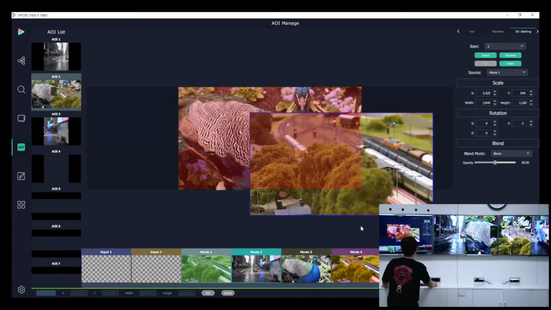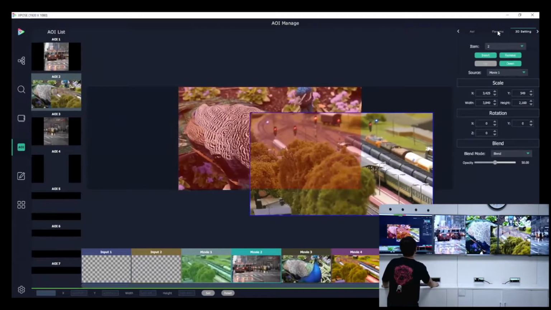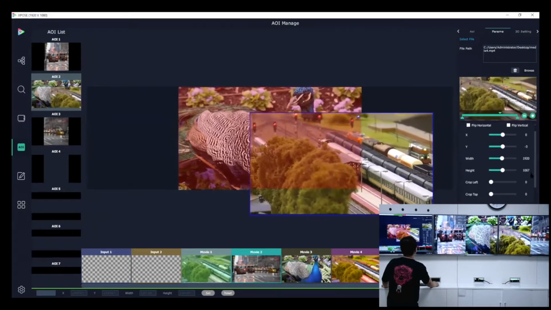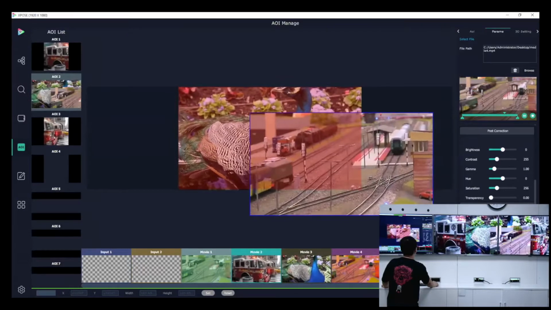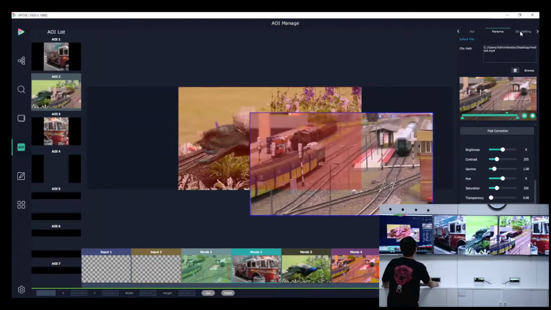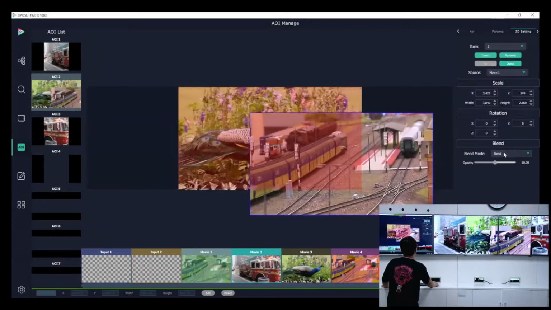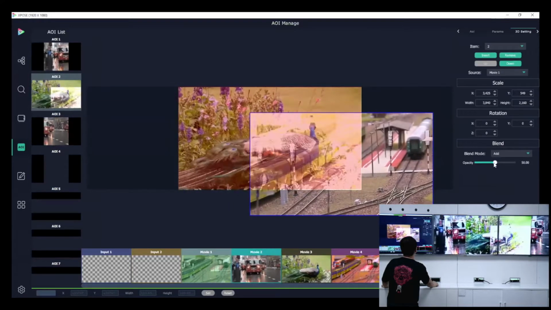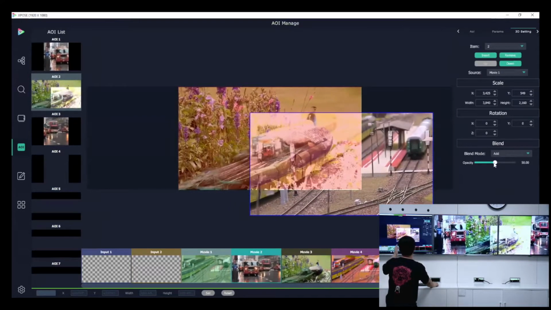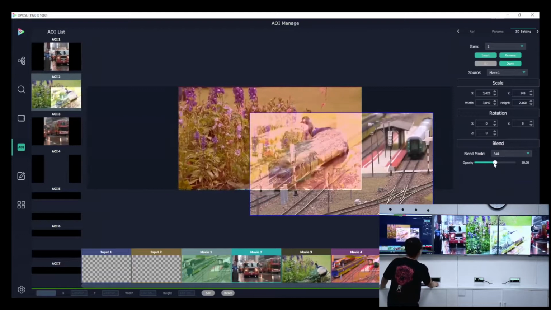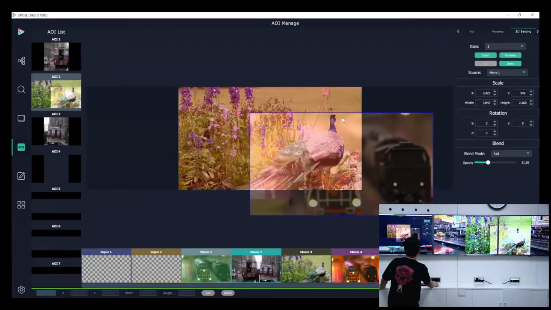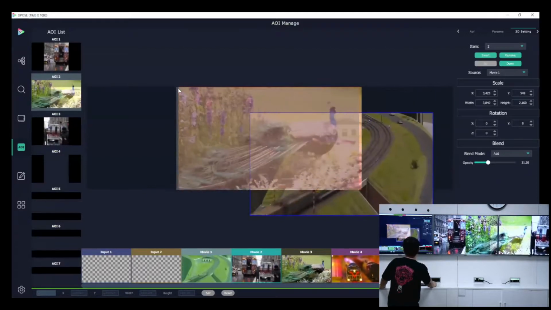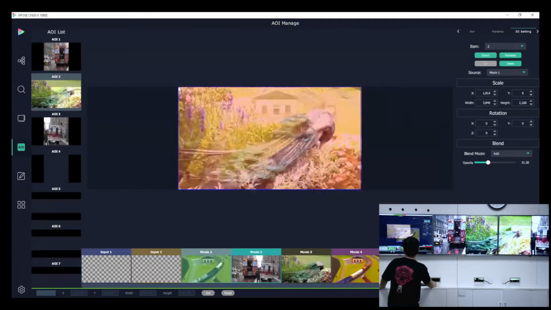And for this, we can do the blend. Let me show you the blend. Blend here, like the edge. And for here, you can see these two images are mixed. You can move it everywhere, cover it,